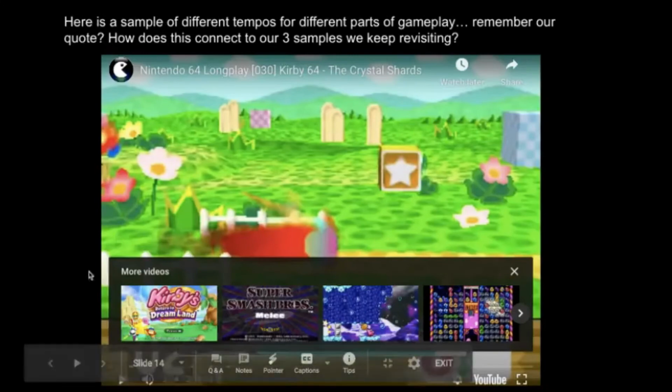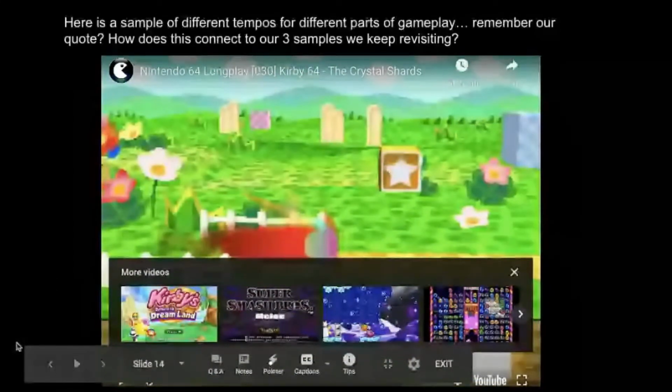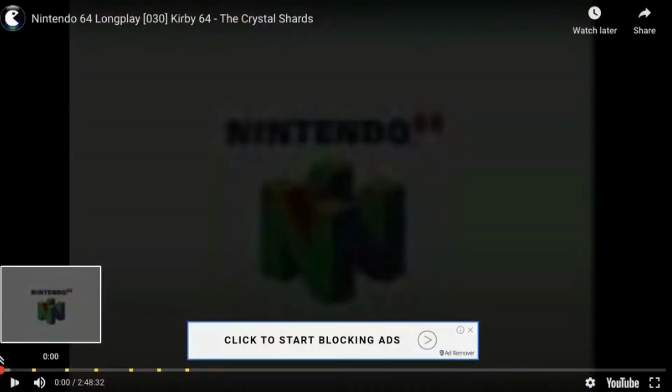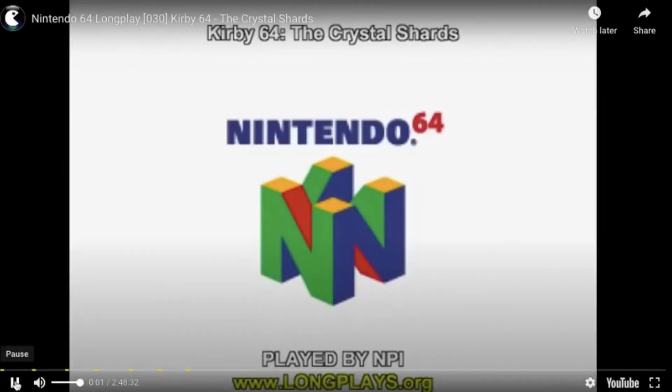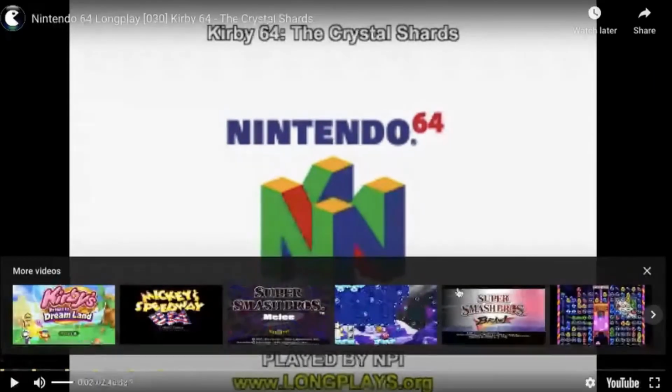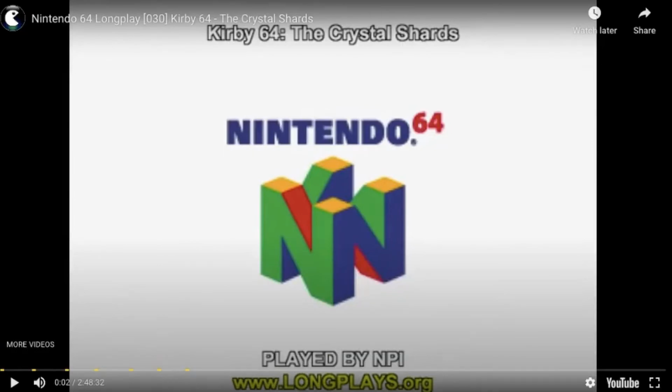So that's during gameplay. We're just going to do this backwards then. Go back to the very beginning. What would you guys describe that tempo as during gameplay? Very fast. Yeah, it's Kirby. You're cruising. The whole game, that theme is just ripping through, and you're constantly doing things. Whereas at the very beginning,